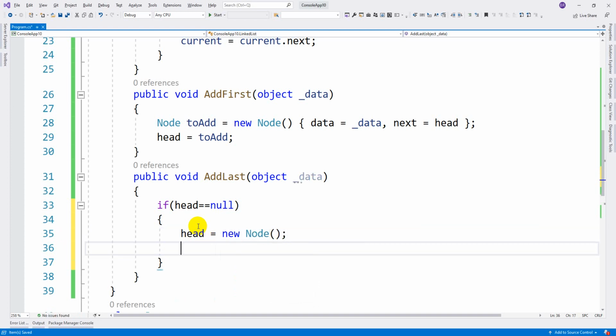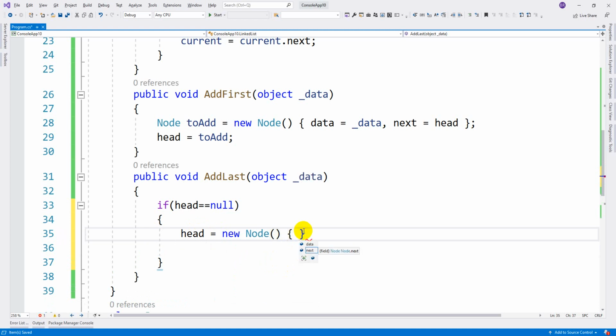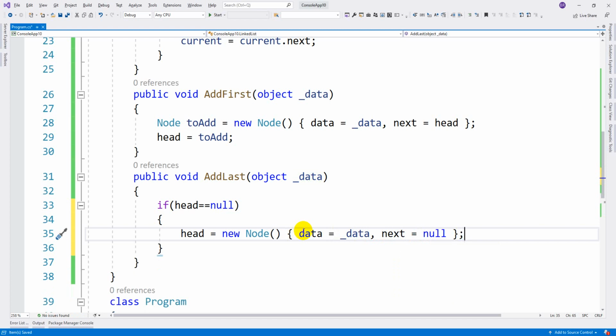And we need to initialize with the values again. When there are no elements, if this is the first element, let us insert the data as the current data that we want to insert, and next equal to null. Because that is the first node, right, there will be no last node for that. That is the reason the address of the next adjacent element will be null.